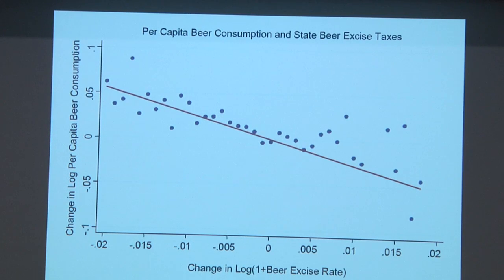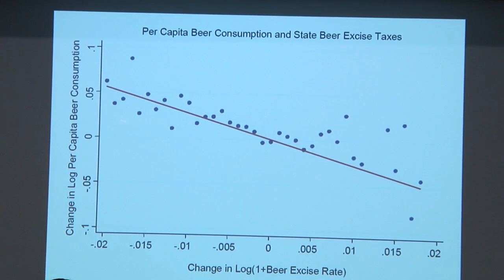Actually, one fun fact that I learned while doing this paper is that per capita beer consumption in the US is 240 cans per year, which was, I thought, strikingly high. And I don't drink any beer, so that means somebody in this room is drinking 480 cans of beer per year, I guess. Anyway,